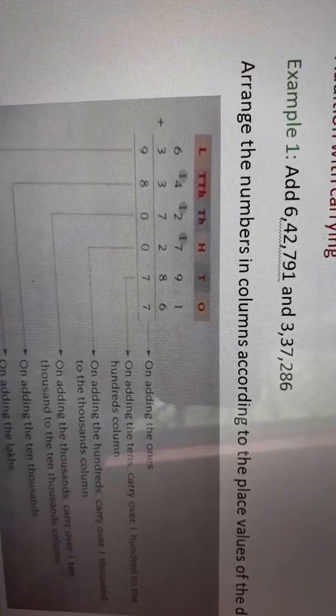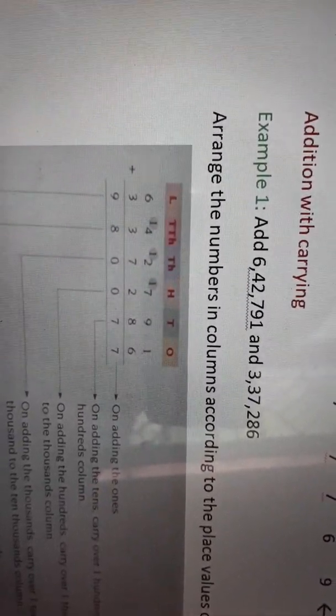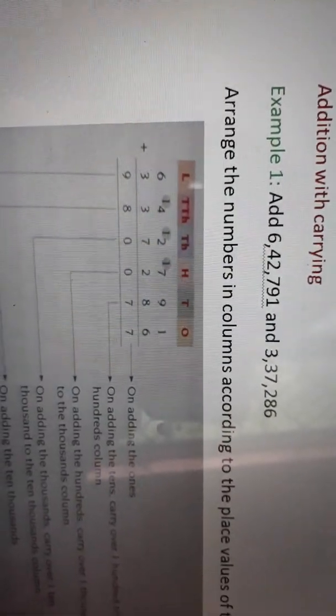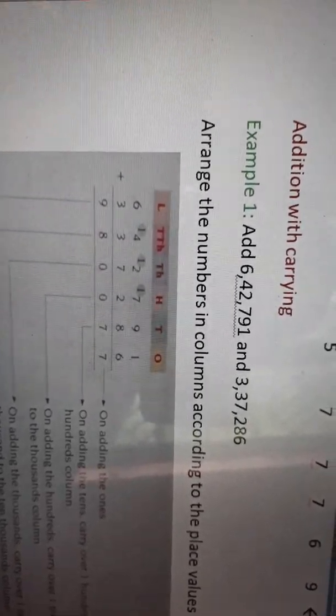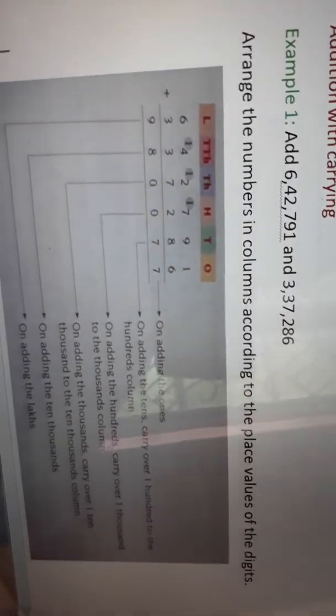So you see, whatever the number is in one place, you add it first, then you go to the next place. If there is any carry, then that carry will go to the next place. Means if any carry is in the ones place, then that carry will go to the tens place. If the tens place has no carry, then as usual you write the numbers, whatever is there, in the sum. But if there is any carry, that carry will go to the next column, means the hundreds column. So this way you can go through.